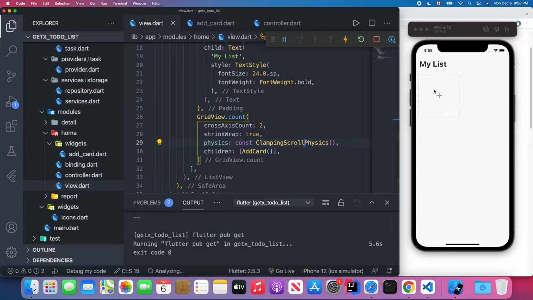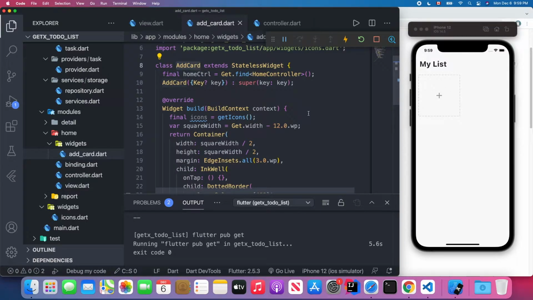And you will see we have this card shown here, and when you click it, you will see the splash effect because we're using the ink well. So next we're going to implement the on-tap attribute. That means when I tap this add card, we will have a pop-up dialog asking me to type the task type name and select the icon. So we're going to use add_card.dart